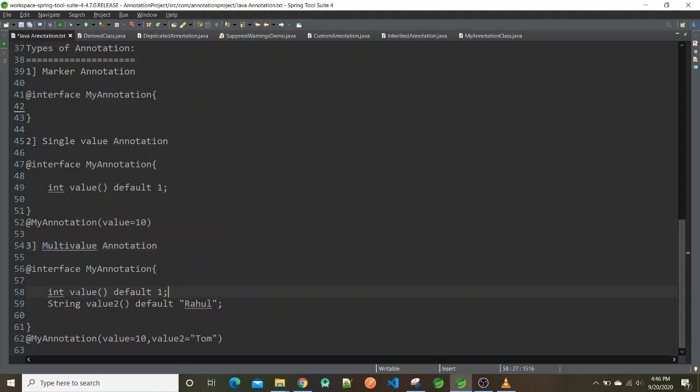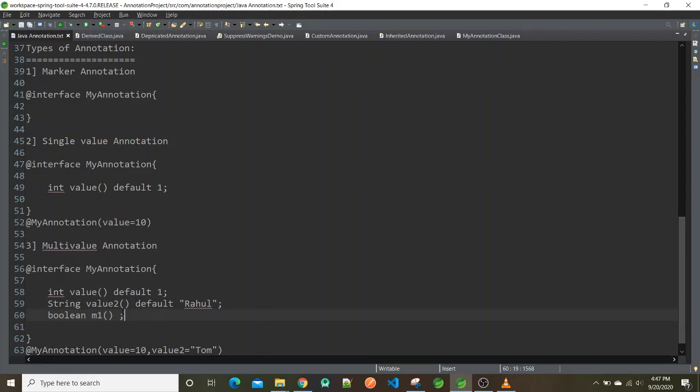Here I have given two methods, one is value and the second one is value2, and I have also given default values to those methods. I am also creating m1, which returns a boolean value. Giving a default value is your choice; otherwise, you can directly specify the method name only.